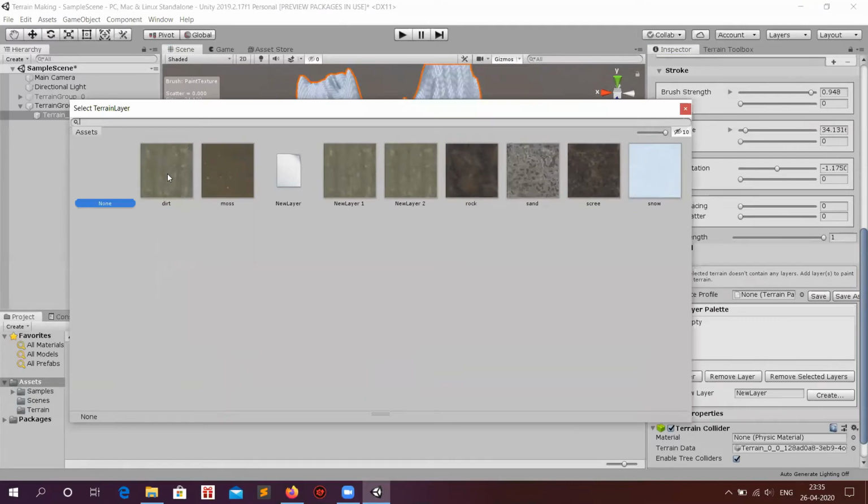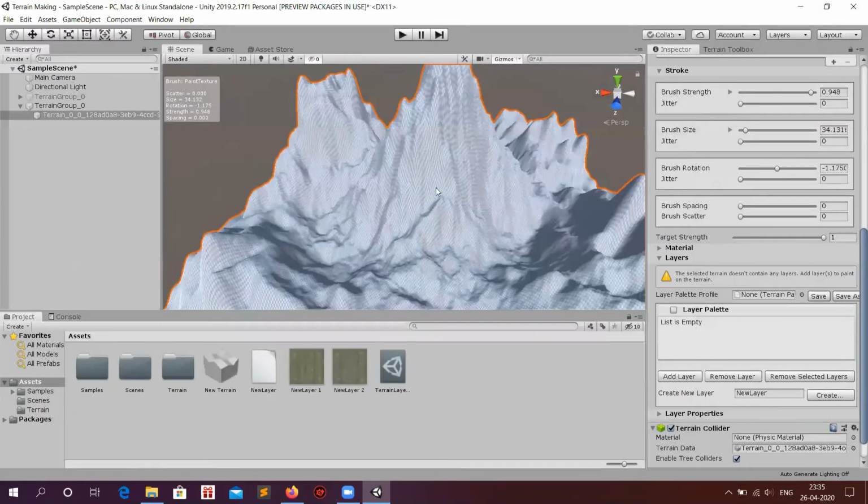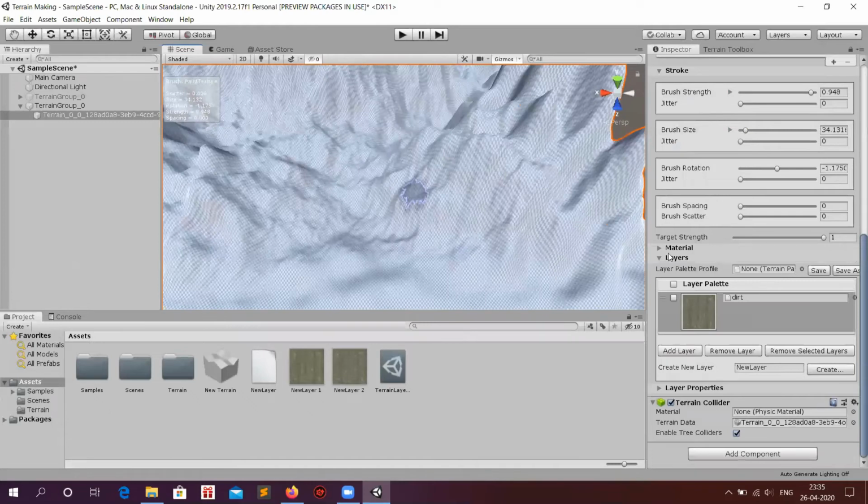Now in this we are going to use some predefined layers. We will click the add layer option, and in add layers, as you can see, there were some layers that were predefined for us. So we use the dirt first.